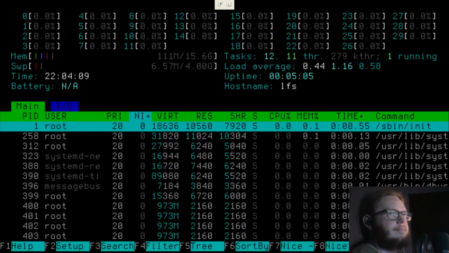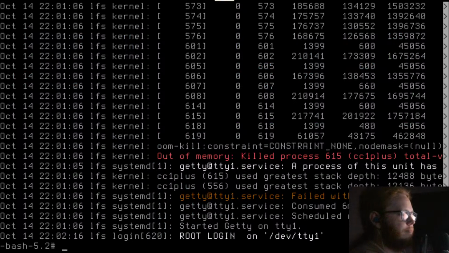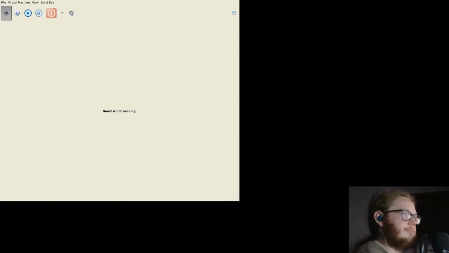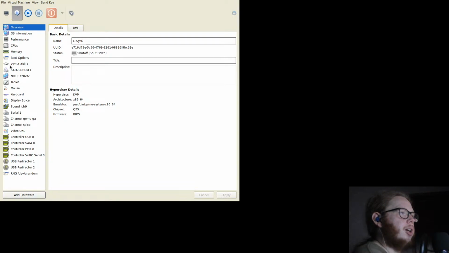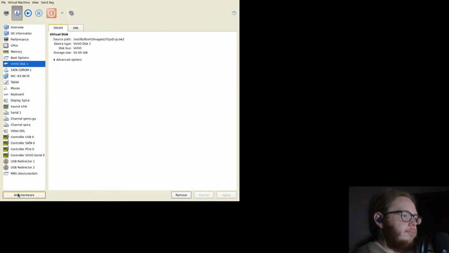Screw it. Ow, my eyes. Add hardware. Storage.